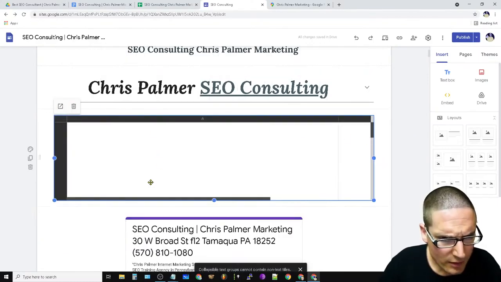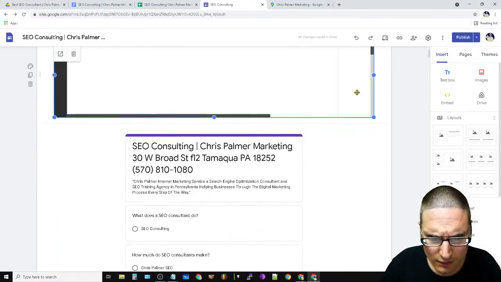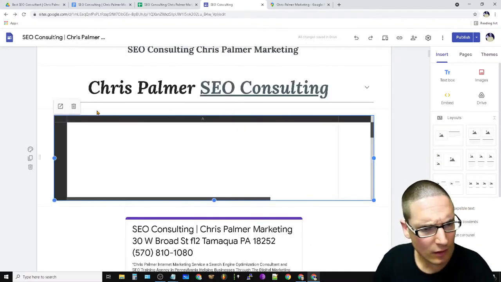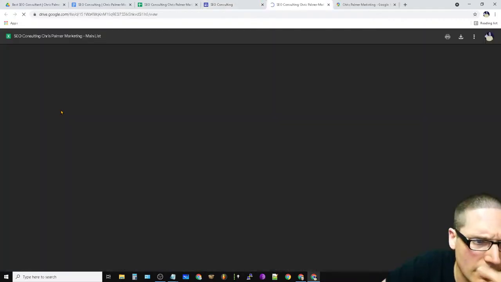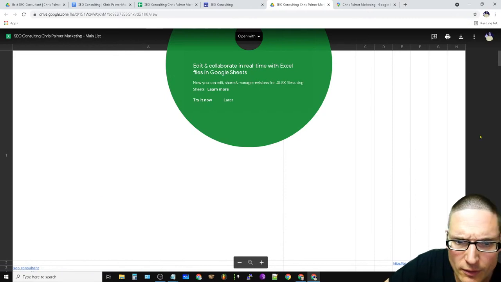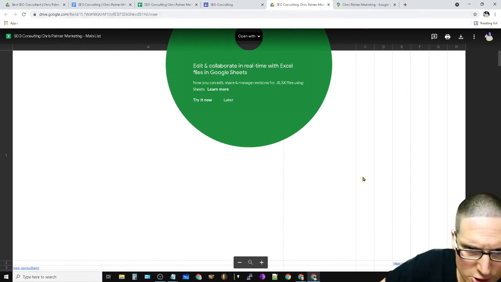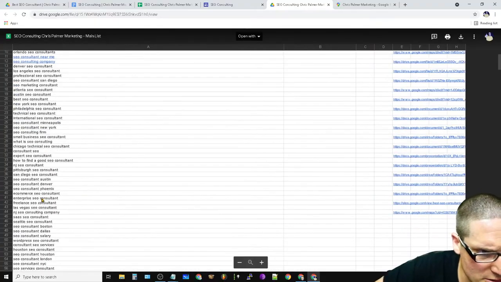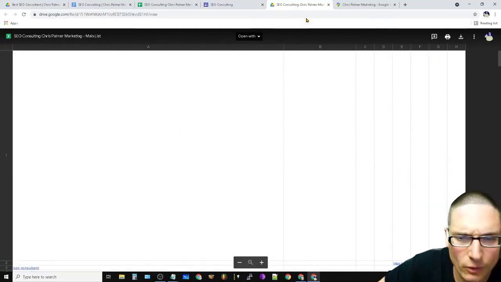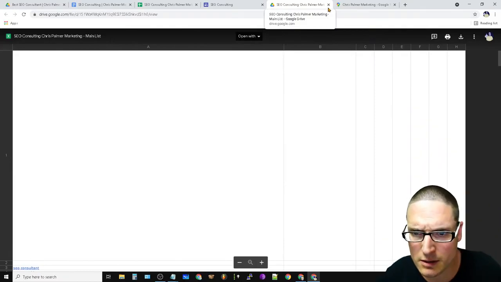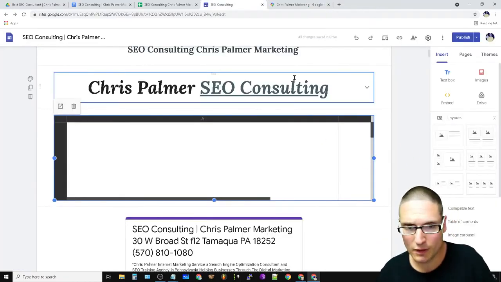Why is this showing so dirty? I don't understand. Did I do something wrong here? What is this? Open a new tab. Let me just double check something here. Oh, it's the sheet. Okay, so I must have tried to embed the sheet and it's not like in the picture. Is that what's going on here? Okay, so that's fine. You guys will know what that is by looking. All right, so let's move on now.